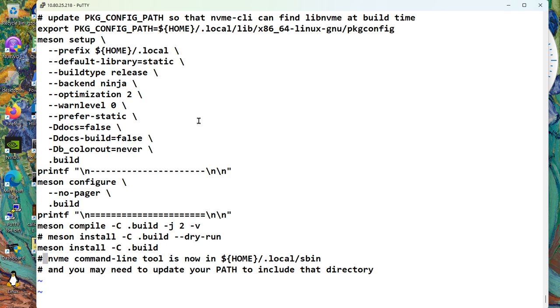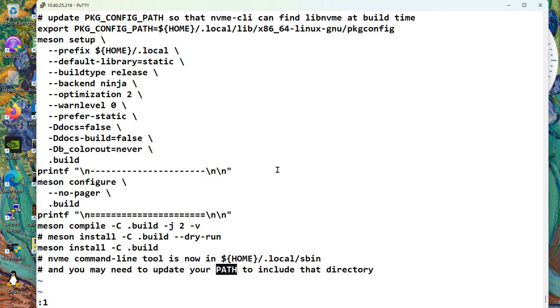And when we're done, it's here. And I warn you, you might have to update your path. So that's the spirit of Meson. It's very similar to CMake, which also had the -D options and the build directory. Okay,